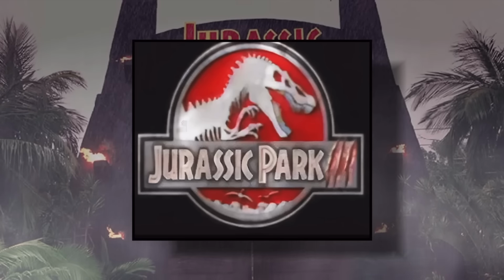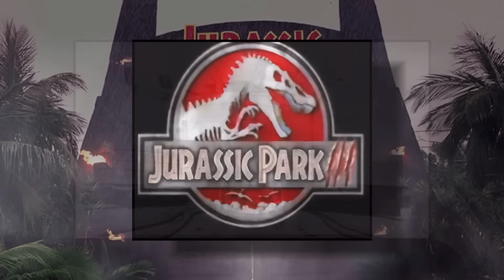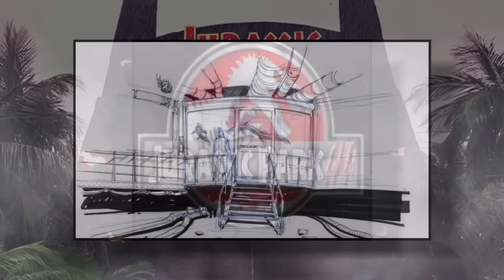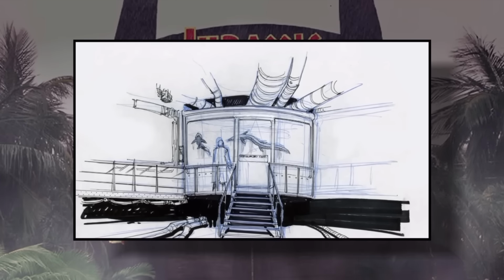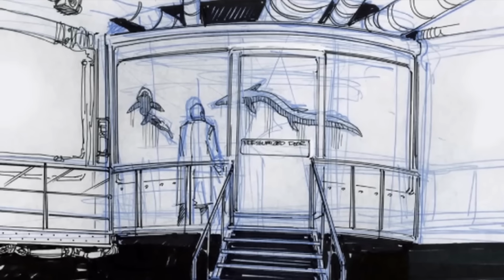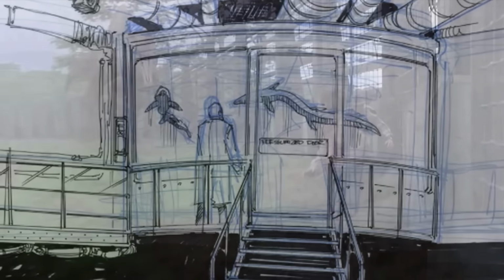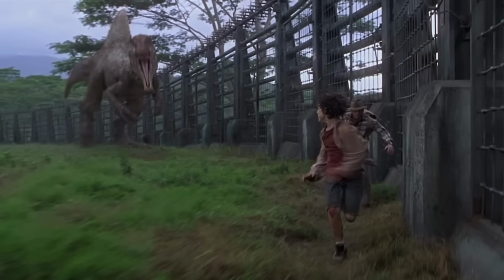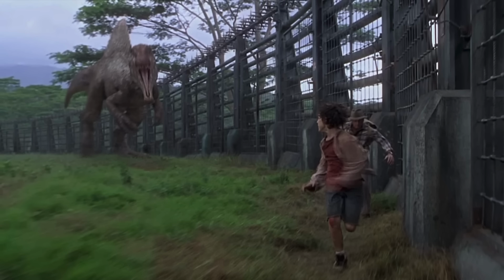Many of you probably already know that the Spinosaurus was originally going to be a Baryonyx, but you might not know about the moment in the Embryonics administration where Grant and the others were supposed to come across a large tank of Mosasaurs. How they were still being kept alive, I have absolutely no idea. But maybe this cloning stuff would have been fleshed out further with the other line of dialogue about the Spinosaurus not being on InGen's list.